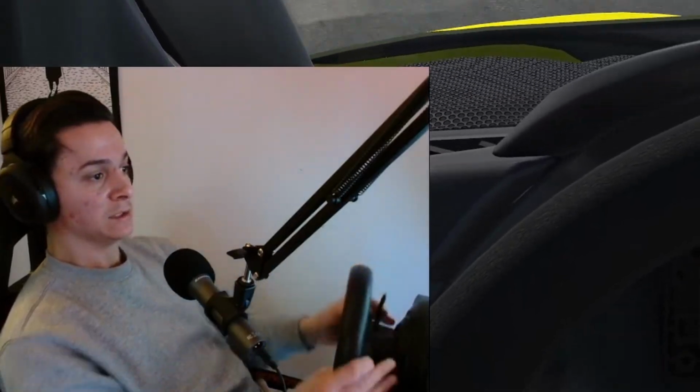Oh, and there's Carnage once again. What a shunt at the chicane. That's...